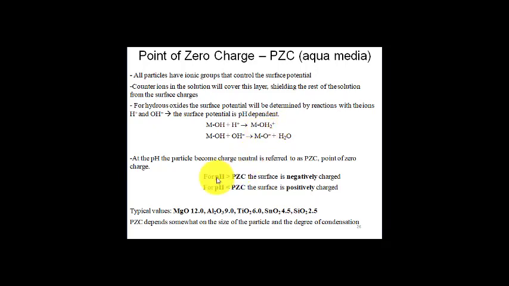And if pH is greater than the point of zero charge, it means there are more hydroxyl ions and we will get a negatively charged surface. The typical values of pH for different oxides are: for magnesium oxide it is 12,